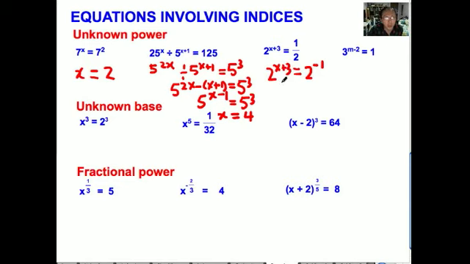Next, we will take a look at how we use indices in standard form. Very large numbers and very small numbers are written in standard form, such as 3,250,000 can be written as 3.25 times 10 to the power of 6, and 0.0000136 can be expressed as 1.36 times 10 to the power of negative 5. And in standard form,